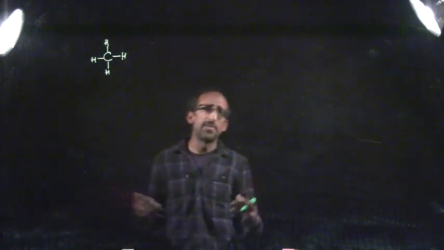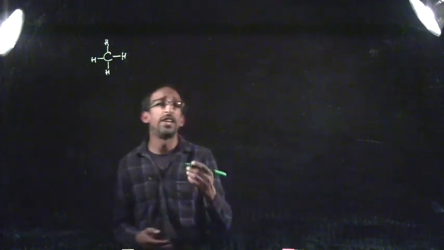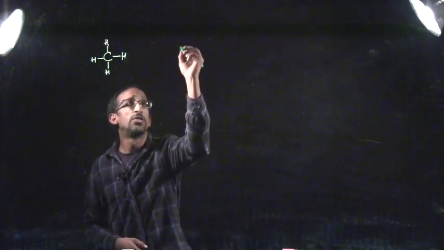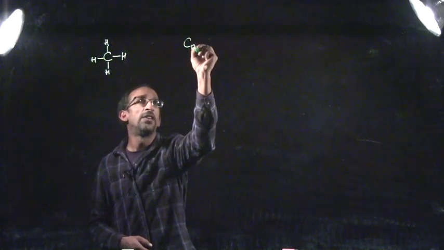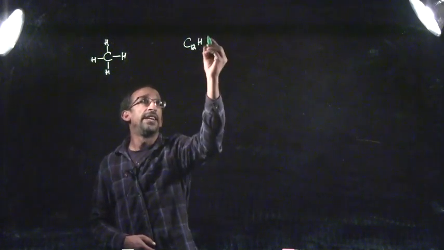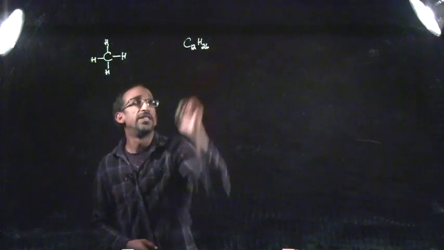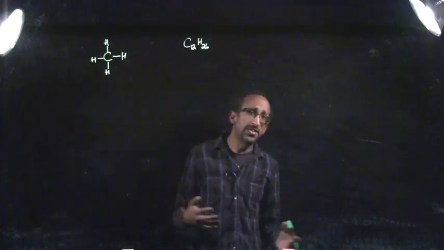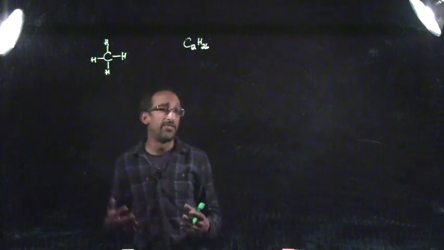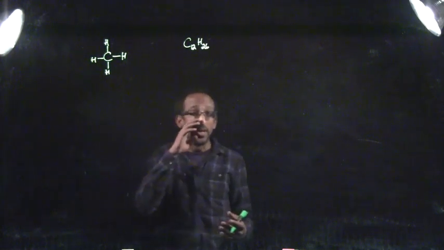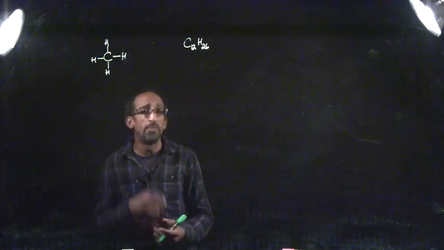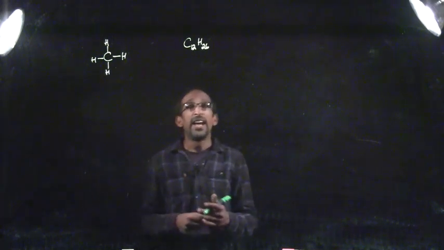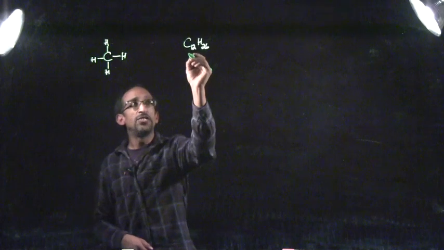Now, if we take something that's more complex, say dodecane, for example, which has a molecular formula of C12H26, if we were to explicitly draw out every atom and every bond, it would take quite a while. We have 38 atoms to get through and almost an equal number of bonds that we need to draw. Furthermore, we can't just write